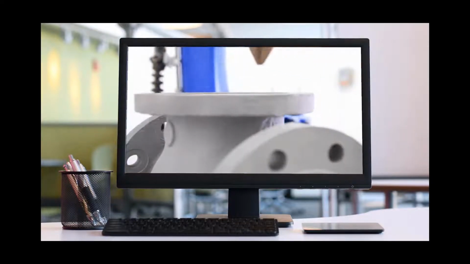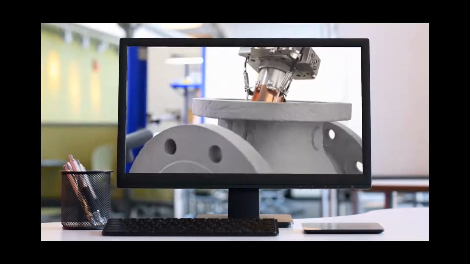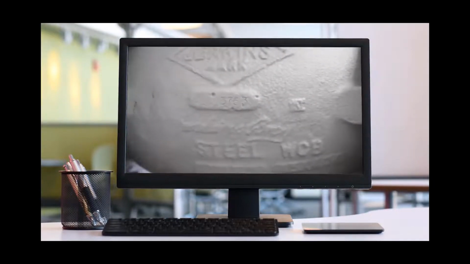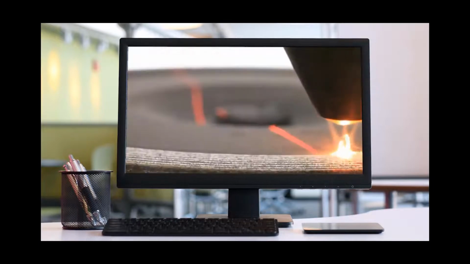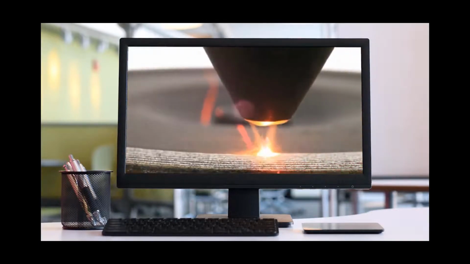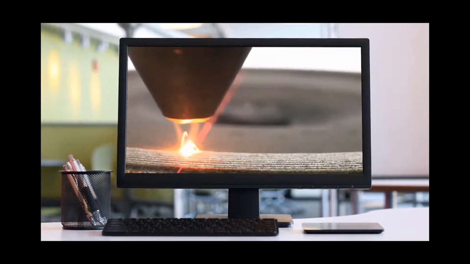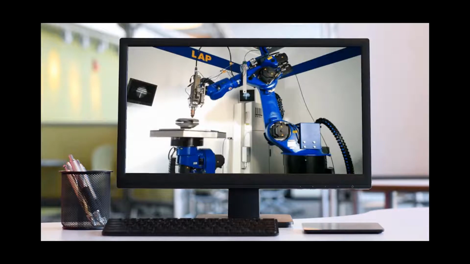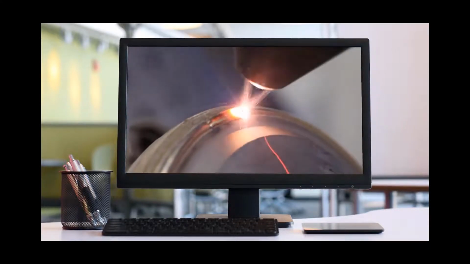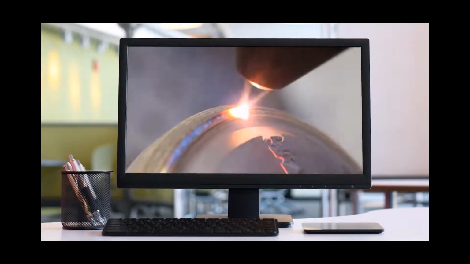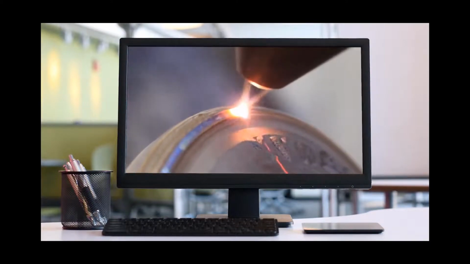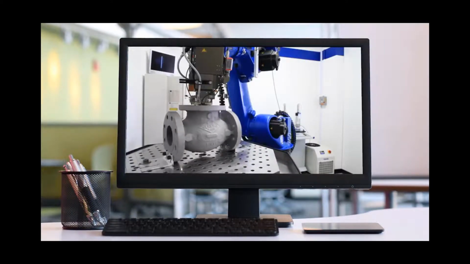The LAP process can offer positional accuracy while maintaining material quality and metallurgical bonding. The unprecedented precision and reliability of our laser cladding processes is now available to private industry for the first time. As the exclusive provider of LAP, Laser Applied Powder, surface restoration technology, we're able to create true metallurgical bonds between virtually unlimited metal types. Precisely focused lasers enable us to create an extraordinarily small heat-affected zone and dilution zone for superior strength, hardness, and performance.